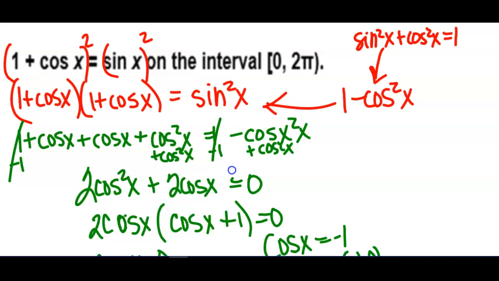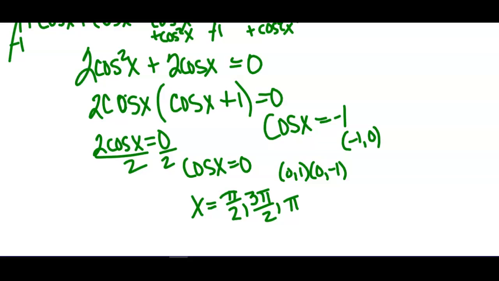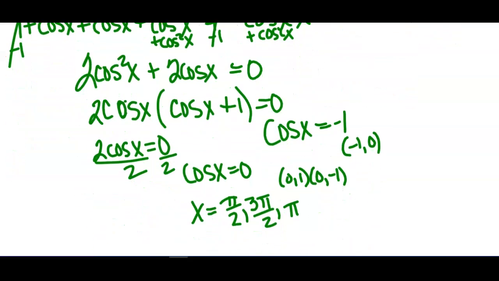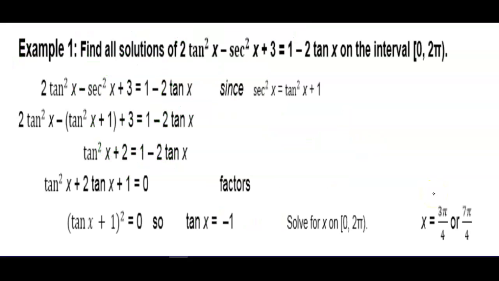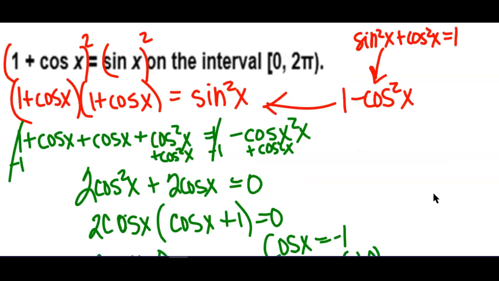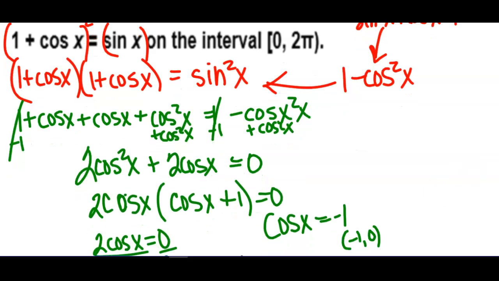Did I have 3? What did I do wrong, guys? The cosine is 0. Three pi over 2 doesn't work. Okay. So 3 pi over 2 doesn't work because